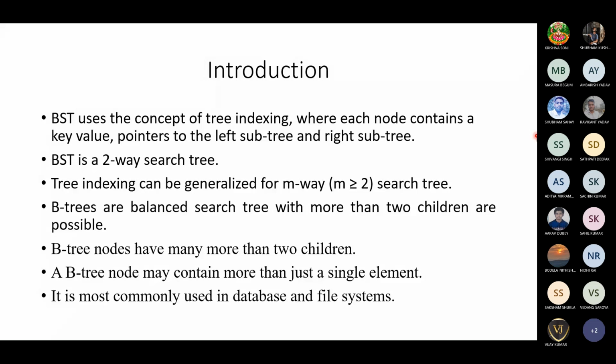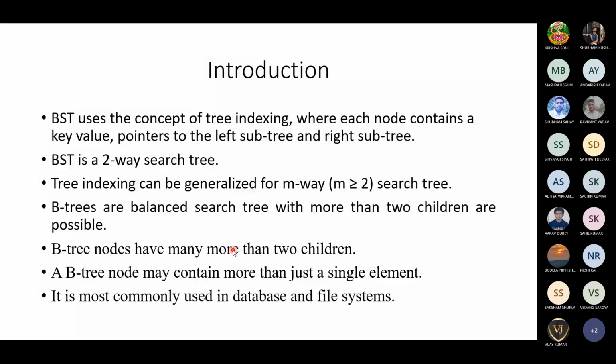So likewise, you do the other way. If the searching element is greater than the root, you search only on the right side. You ignore the left half. In that way, we can search efficiently, and if the height is balanced, you can do the search in log n time, that is the height of the tree. But extending the binary search tree to a height-balanced tree in M-way, we call that a B-tree. A B-tree is a balanced search tree where more than two children are possible.